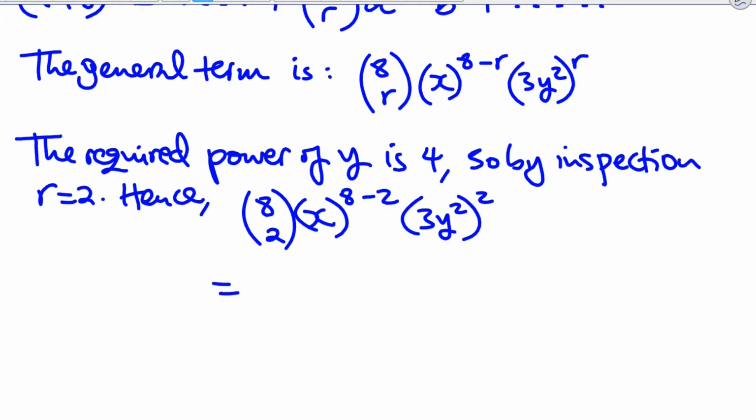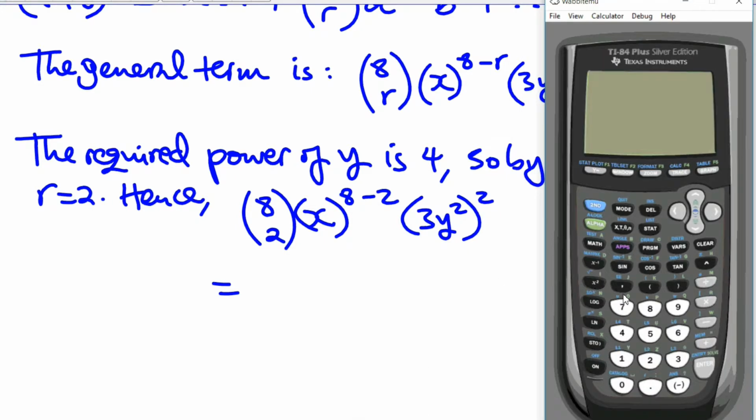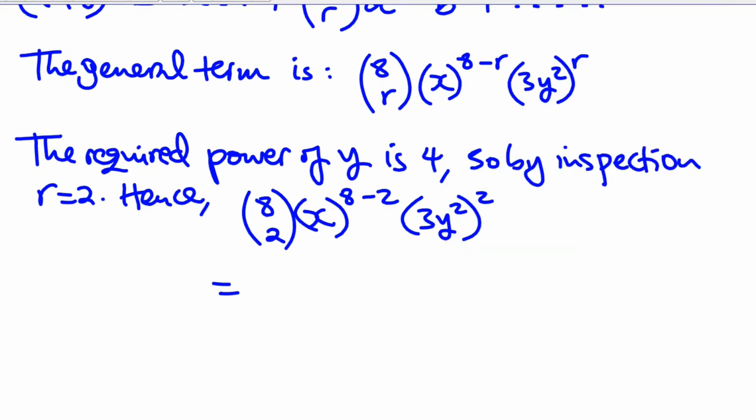And if we simplify this, 8 choose 2 can be found from our calculator. So if you go onto your calculator, just plug in 8 and then choose 2, which is 28. So 8 choose 2 is 28, which means we shall have